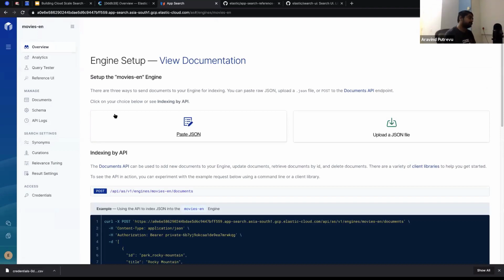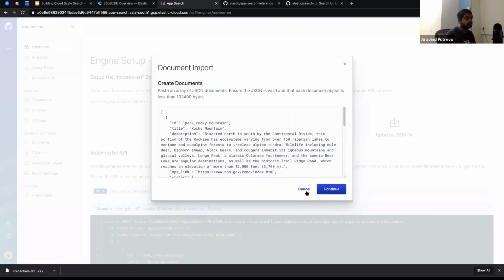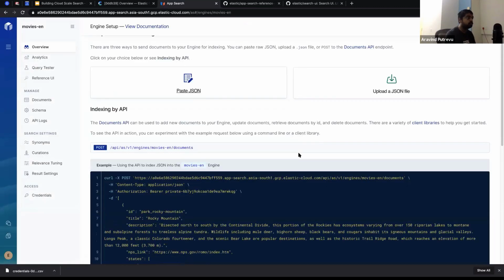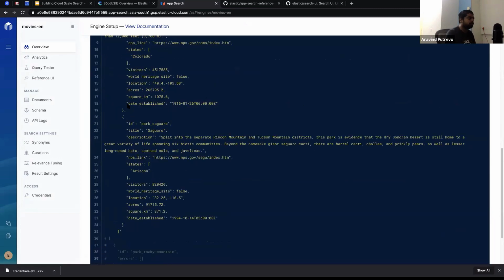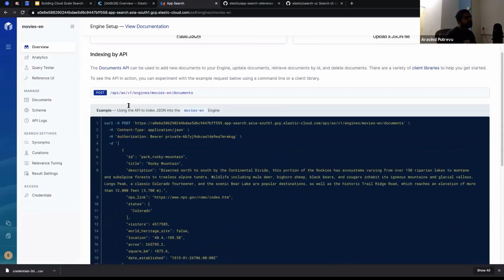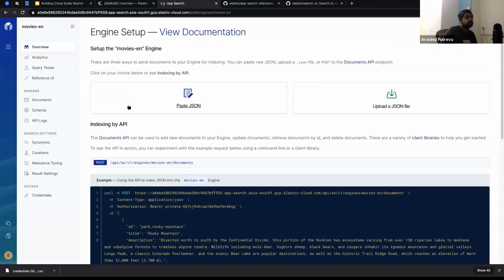So when I click on create engine, you could see that I have a page automatically open: paste JSON, and also upload JSON. And then you could also do it by API. So this is a sample URL so that you could simply go and get started. There are a few limitations, I believe, from the point of sending data, like the usual request body limitations, say we accept 5,000 documents or this many megabytes that the request body can accept. But other than that, you can send the data through API.